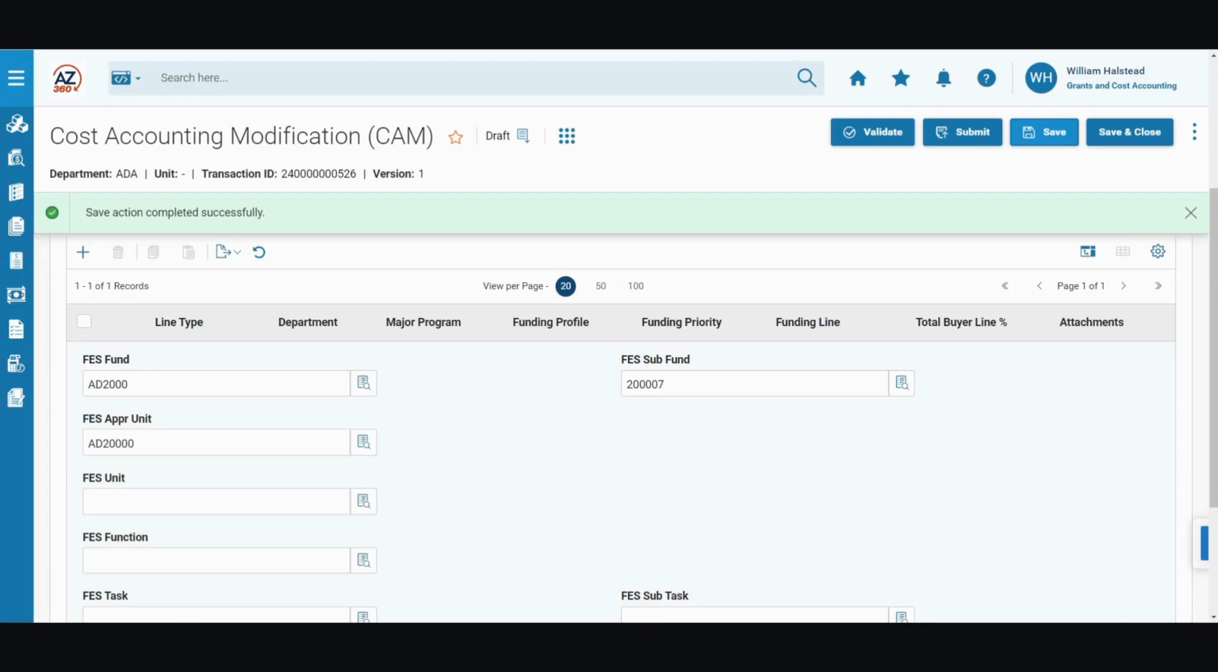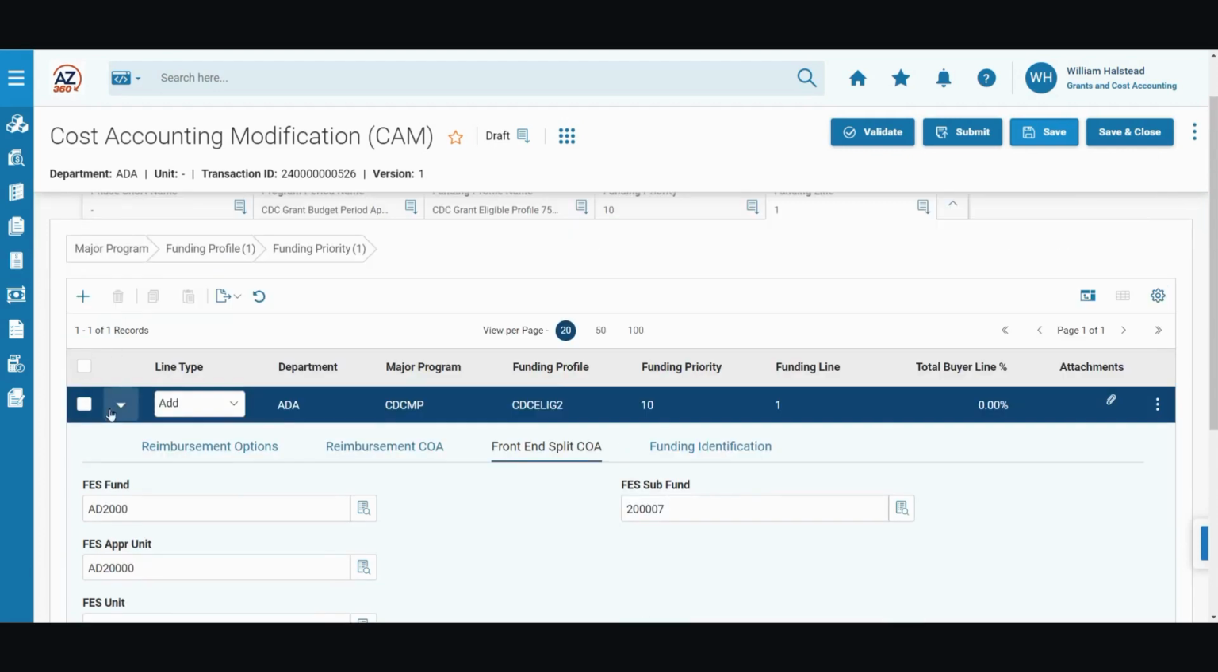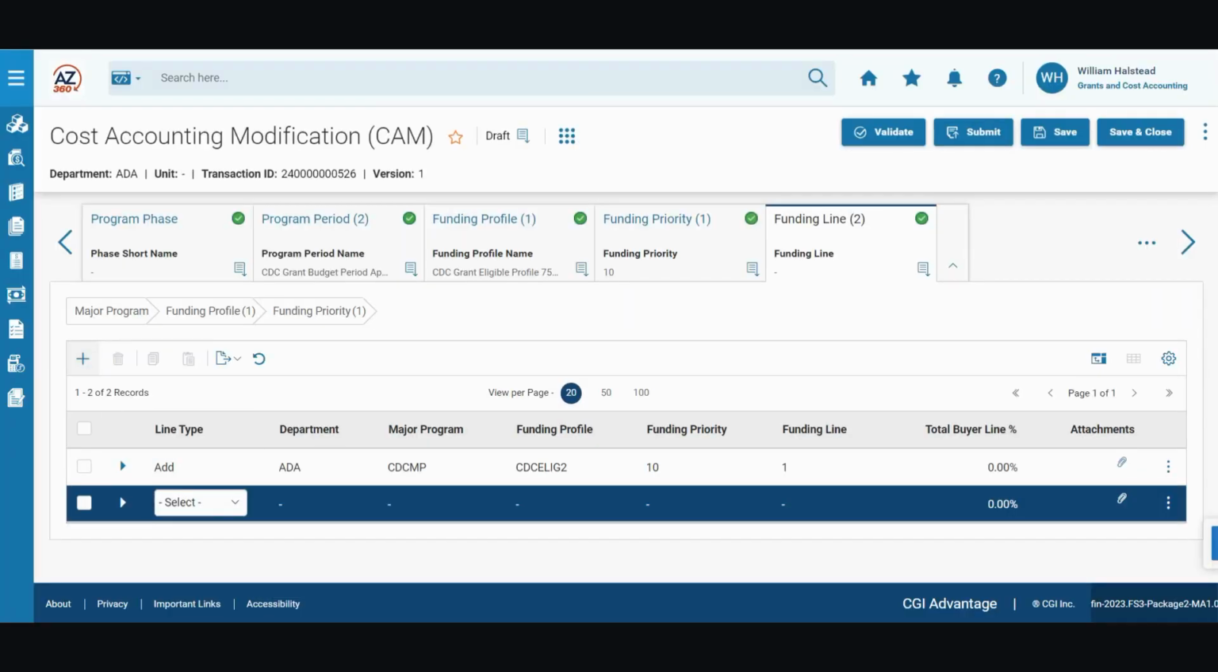We will now complete the funding line for the State Funding Priority 10 line with a 25% reimbursement percentage. We'll go ahead and collapse line 1. In tab level actions, we will click the plus icon to add a second funding line. In the line type field, we will use the drop down to select Add, and then click the expand caret